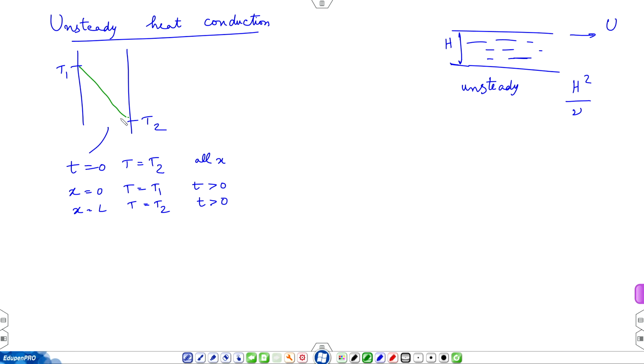This is the ultimate profile, but at some time t which is less than that, the temperature will evolve. Initially it is T2, it is cold, and slowly it will warm up till a linear profile is established. Suppose you want to analyze this problem and you ask how long will it take for steady state to be attained, then you have